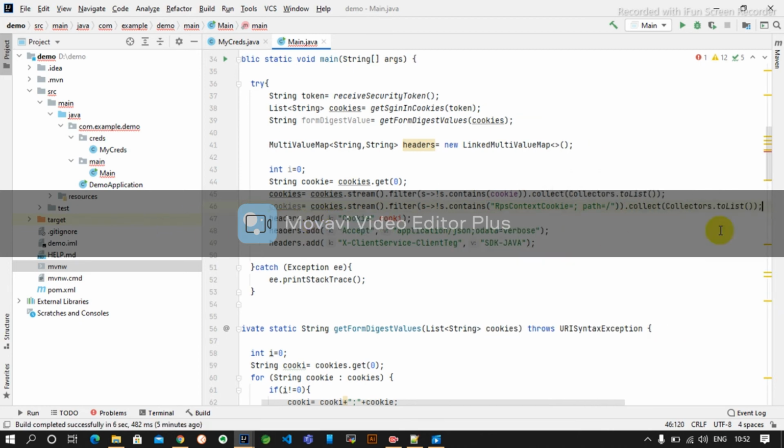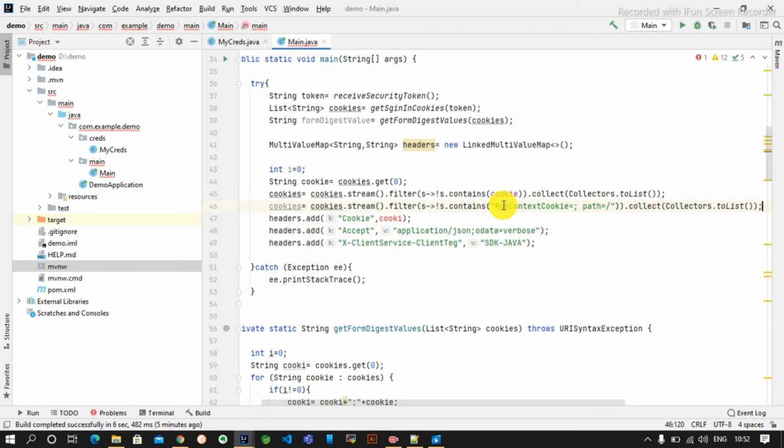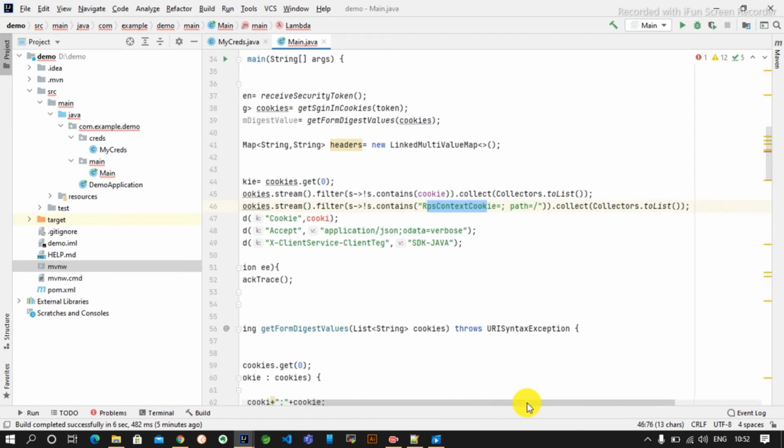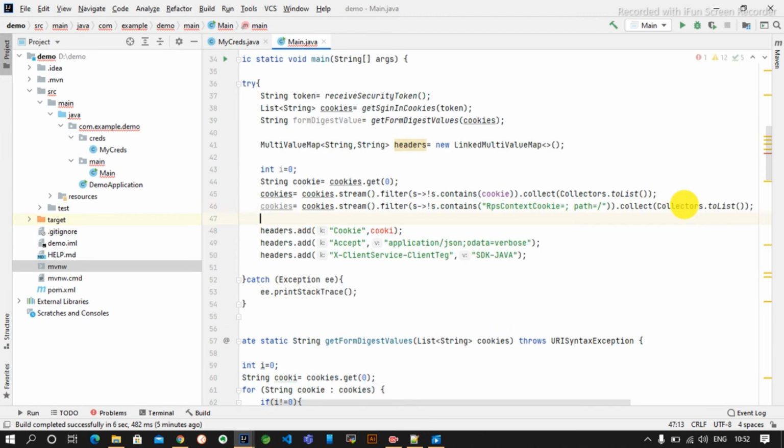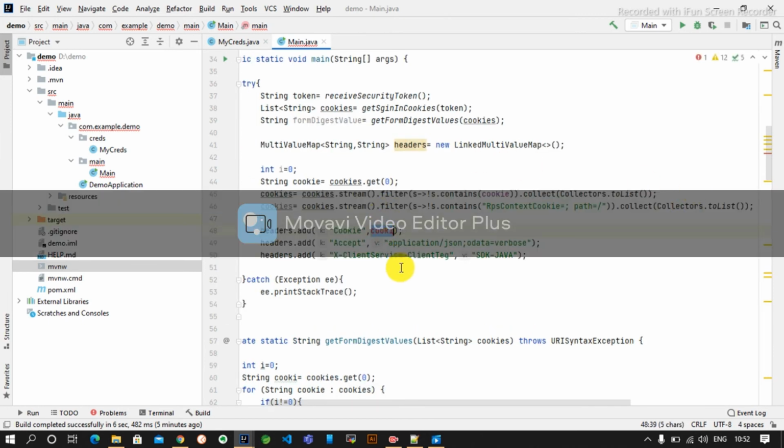So basically here what I am saying is that whenever we are fetching the cookies, it returns three types of cookies. So two cookies we will be using. This cookie has no use, so we will not use this cookie. So I am excluding this cookie from the whole cookies. So header dot will be used.